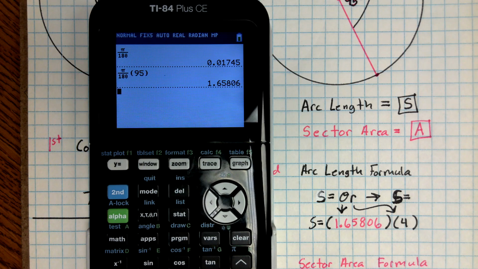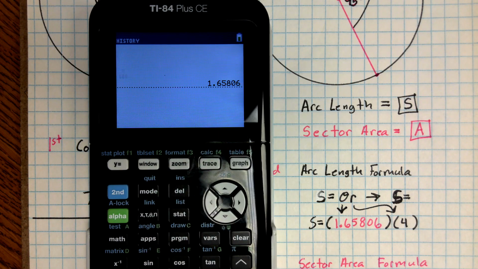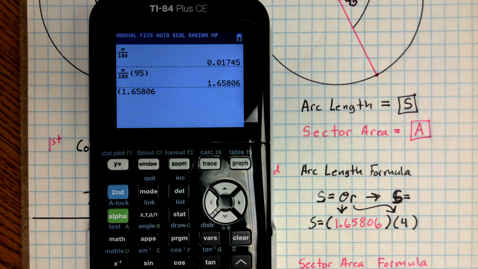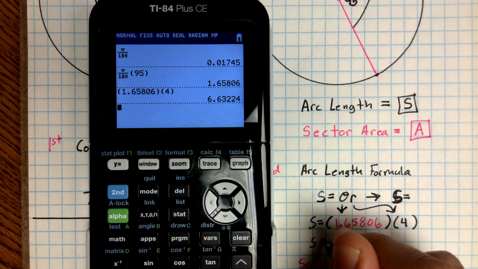So I'm going to get my calculator and type it in. Instead of typing this whole number in again, I'm just going to click up to highlight it and hit enter, and it'll bring it down and put it in the parentheses for you. Close parenthesis, put another one, and then put the radius value, which is 4, and hit enter. And it gives me 6.63224. So S is equal to